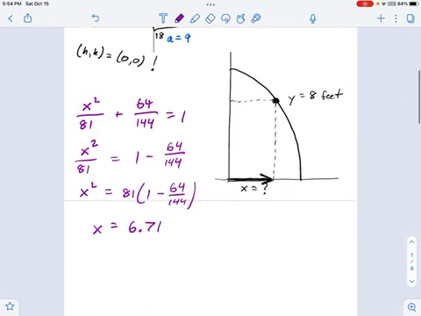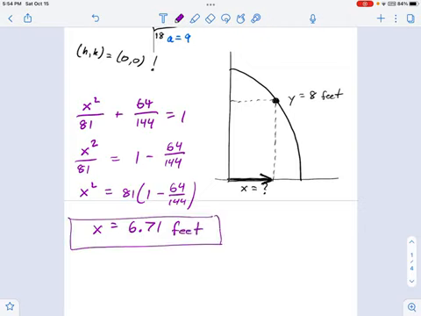But on a written test, you want to make sure you say feet. If you're in a college algebra class right now and you miss feet, they're going to ding you for a point on that. So remember, this is feet, not inches, not miles. You can't just be reasonable. You got to pay attention to the details.